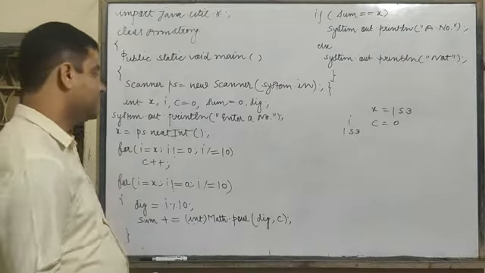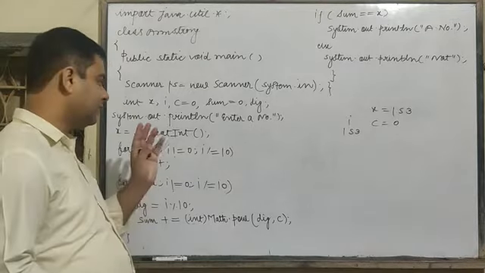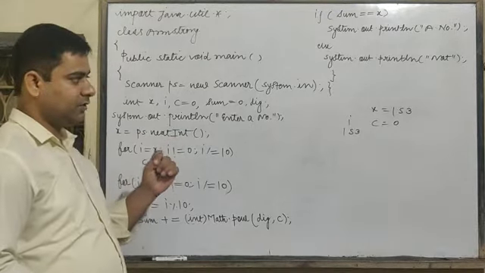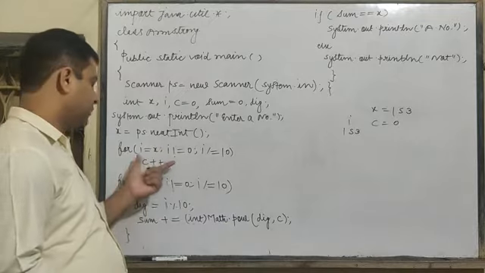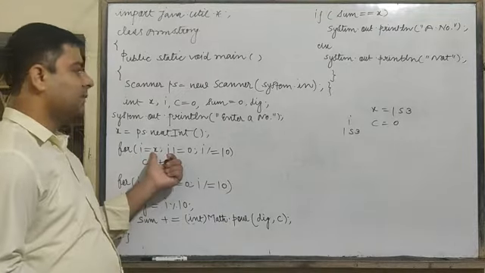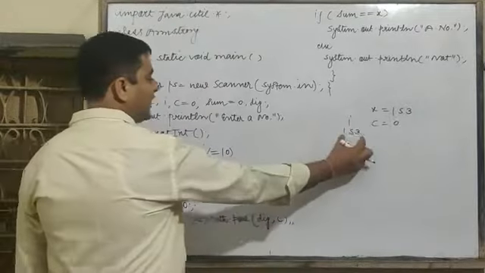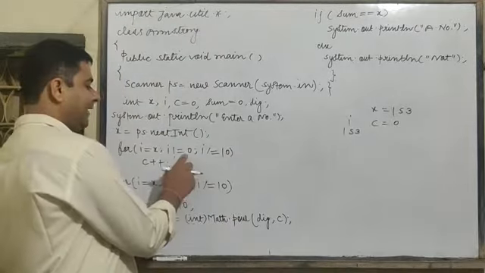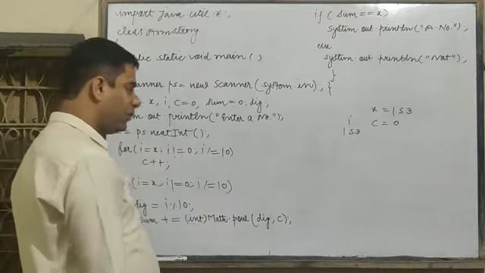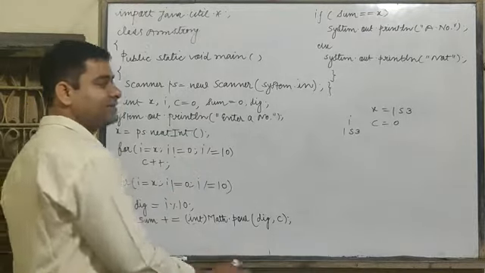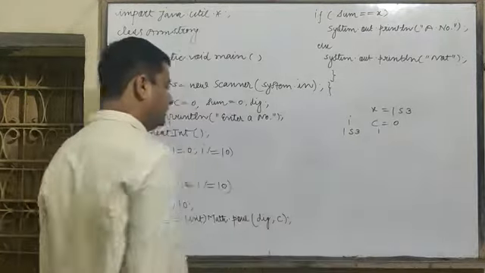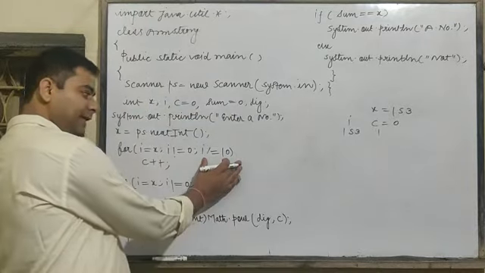Okay, so now see the concept, what we will do, how shall we count the digits of X. So I equals to X, suppose the value of X is 153. So I equals to X, the value of I will also be 153. It will check, it is not equal to 0, no, so it will come inside. It will increase the value of C by 1, so it will be 1. Now it will jump to the update part.